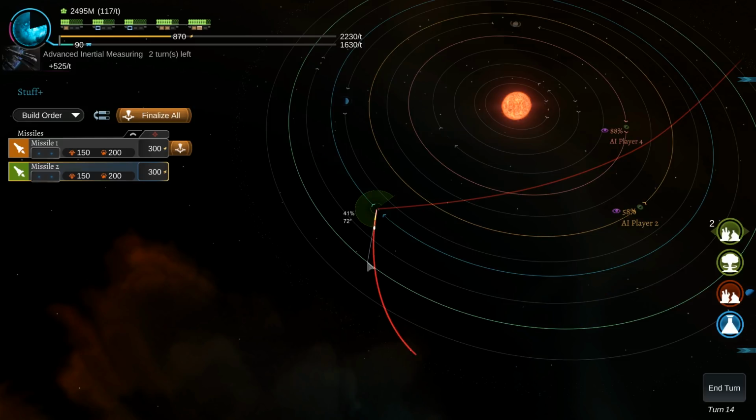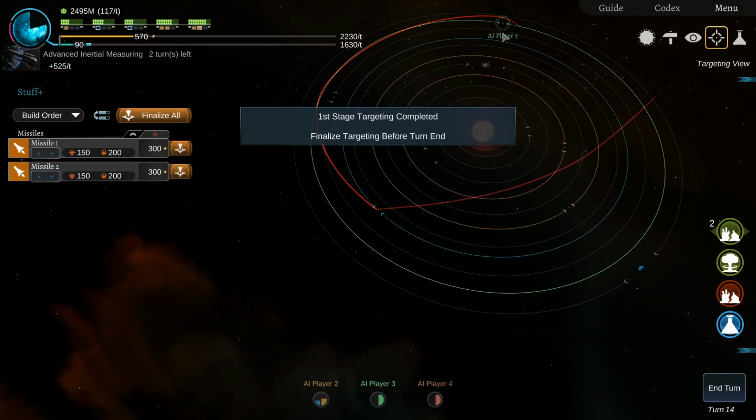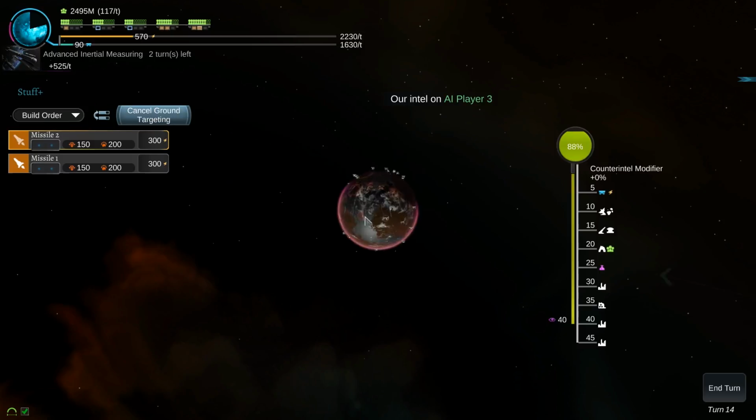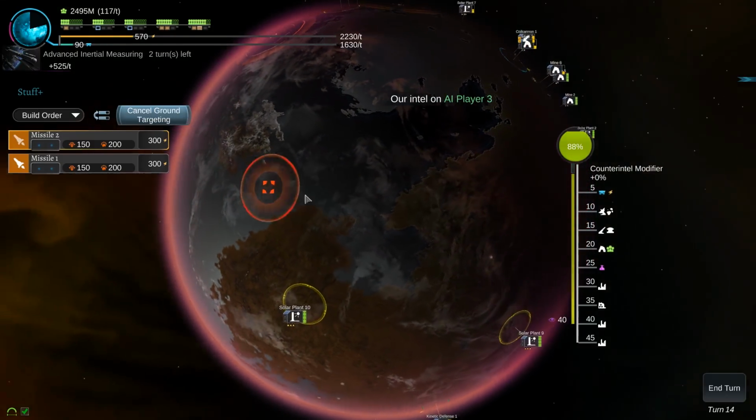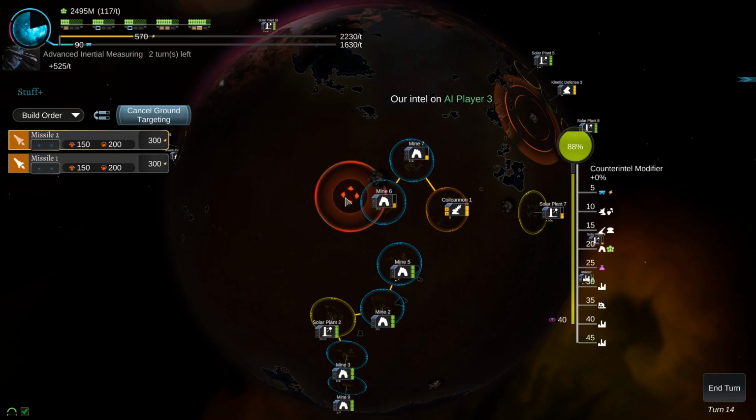Sorry, this one we can't. This one, however, I might be able to if I'm very careful. Looking at the orbit. Fire it like that and then it'll go in this way. No, it's not going to happen. It's not going to happen. I try to curve it around for that guy. So let's go to finalize all. So this is targeting this guy over here. I say we can hit...